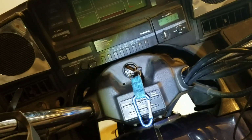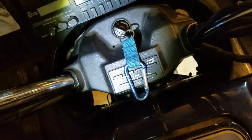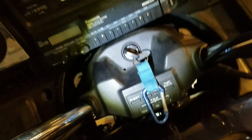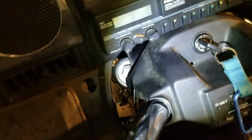Alright, wanted to grab a flashlight there, but anyway, on the 86, on the 1200, 2 screws in the front there, take off the plastic cover there, pull that out of the way. And then there was a little metal plate under there with 2 screws. Take that out, and then you can get to the bolts on the fork. So it's kind of a pain in the ass if you're trying to do it by yourself,